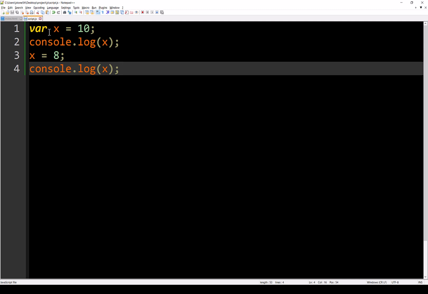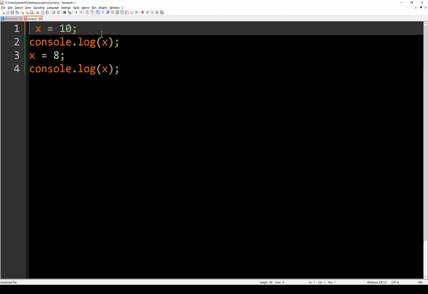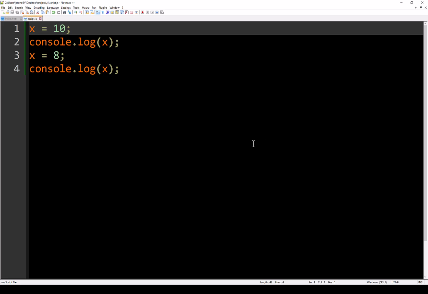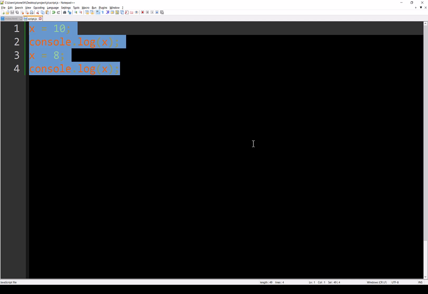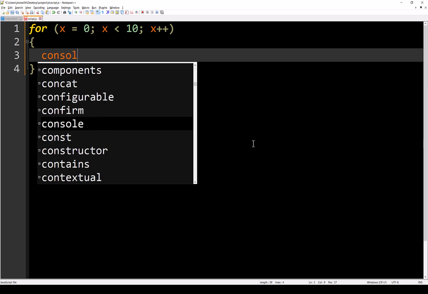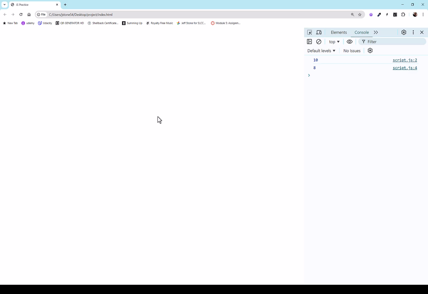The last example we're going to look at is when there's no keyword. Right now, if I remove this keyword, believe it or not, everything works just fine. Now, don't get in the habit of doing that. There are some quirky things that can happen when you do that. Just don't mess with that. That aside, here is a case where it's fine, and that's in a loop. For x equals 0, x is less than 10, and we'll do x plus plus, and we'll just console.log x. Refresh that, and we'll get the numbers 0 through 9 printed out in the console right there.